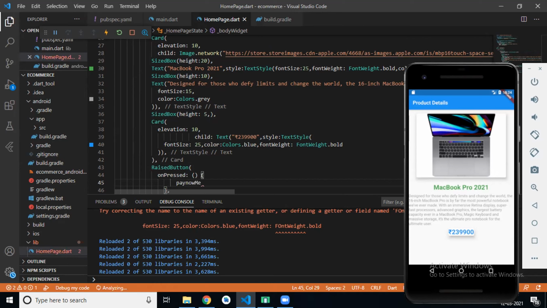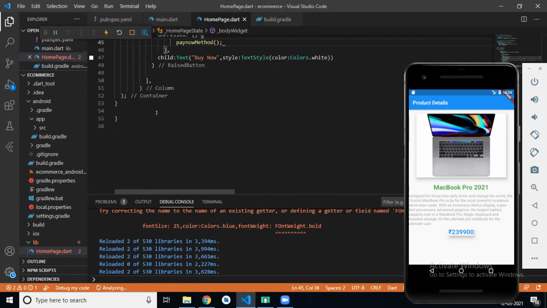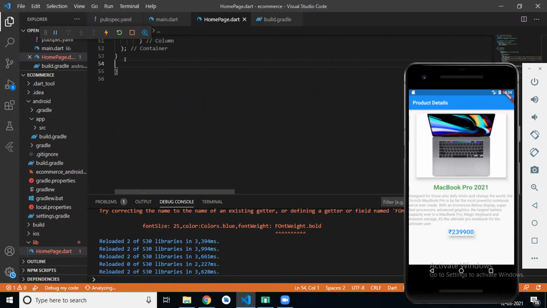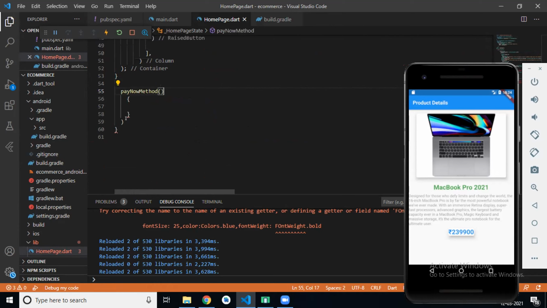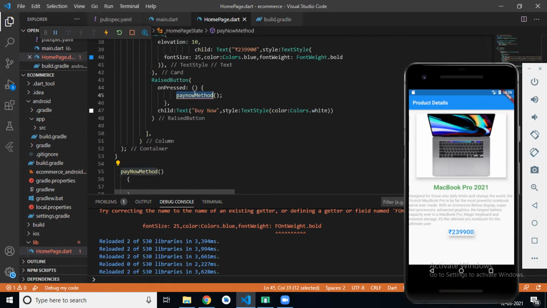So first we have to create our pay now method. In this method, we will launch our Razorpay, right?